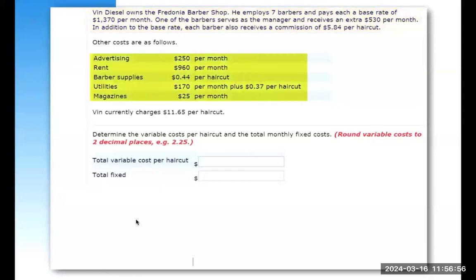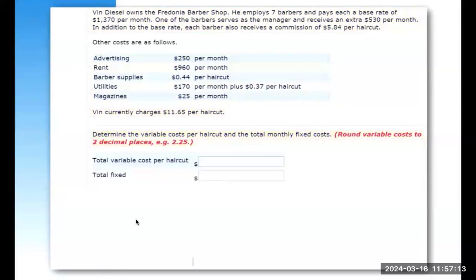In addition to the base rate, each barber also receives a commission of $5.84 per haircut. Other costs include advertising, rent, supplies, utilities, and magazines. The barbershop charges $11.65 per haircut. The first part of this problem asks us to determine the variable cost per haircut and the total monthly fixed